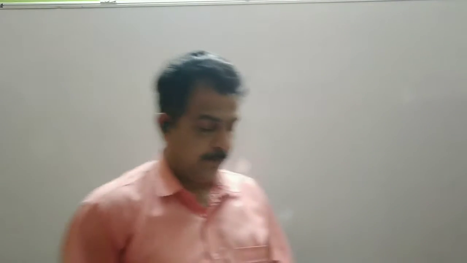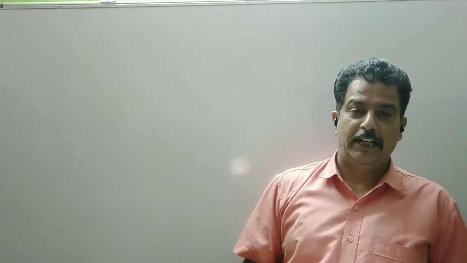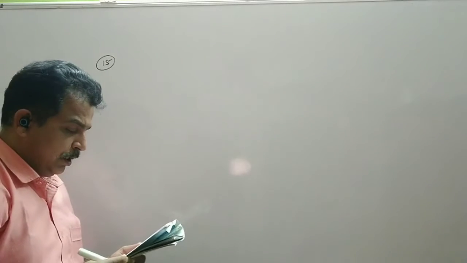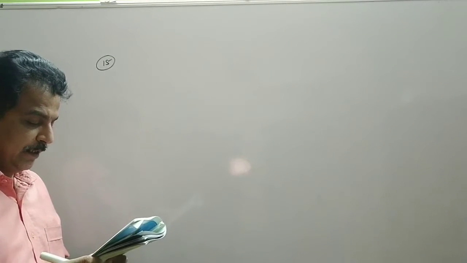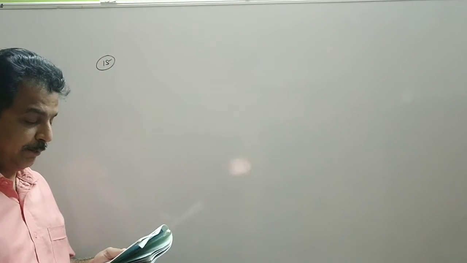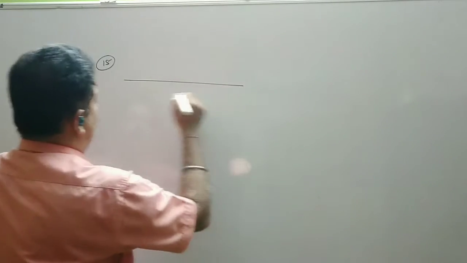Now let us see MCQ number 15, which is again related to electric potential, and then we will start the MCQs related to the capacitor, level 1. A charge q is fixed at each of the points x equal to x naught, 3x naught, 5x naught up to infinity on the x-axis. So that is at odd distances.